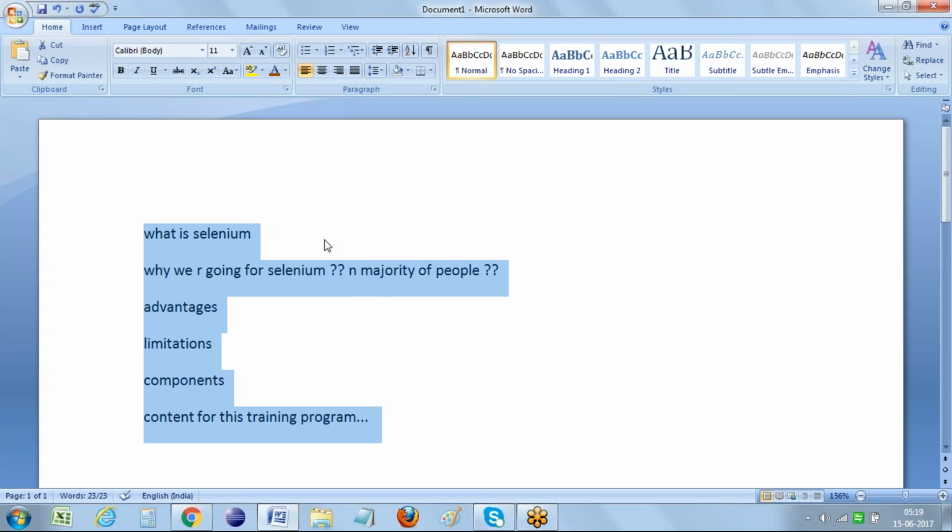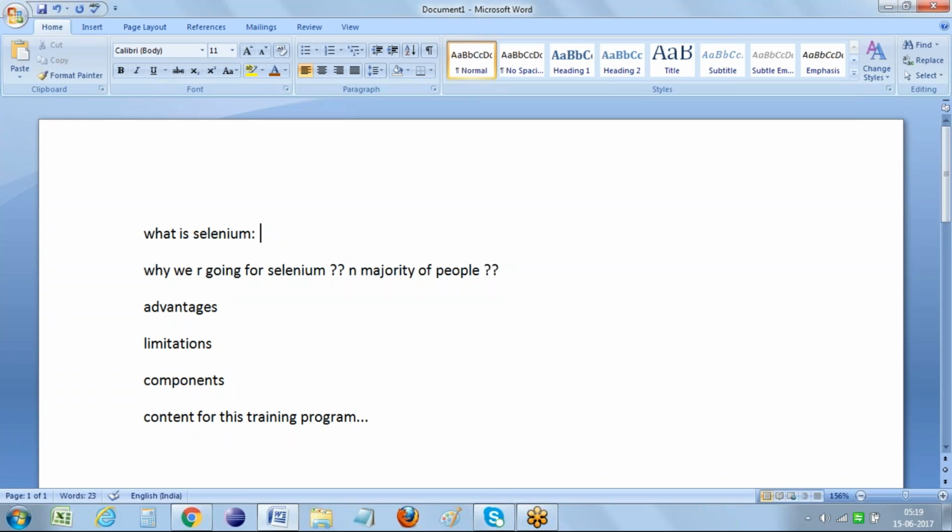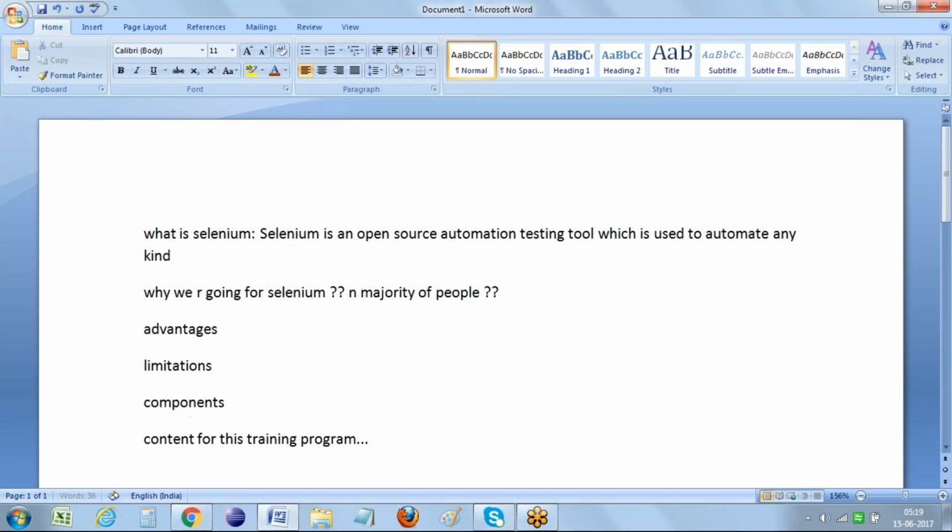Okay, so let's start with the first one. So what is Selenium? Selenium is an open source automation testing tool which is used to automate any kind of web applications. So web applications means all the applications we are testing on a browser. We can call them web applications. So we can automate any kind of web-based application using this Selenium